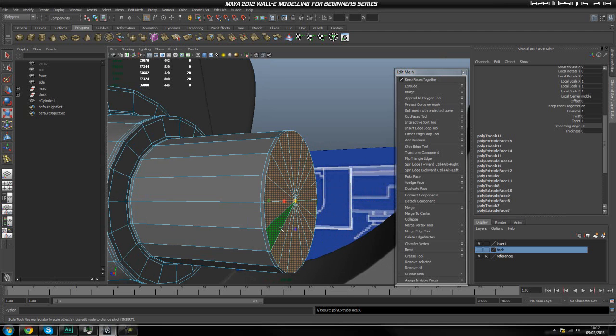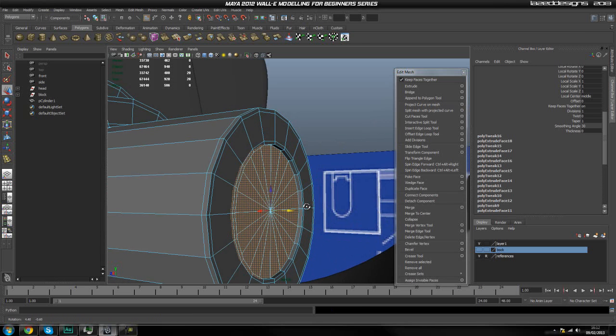I'm going to go ahead, extrude again, scale in a bit, hit extrude again, scale in quite a bit, and that should do it. Hit extrude again, scale in, hit extrude again, move it in a bit, so I'll get an edge loop there, and then I'm going to